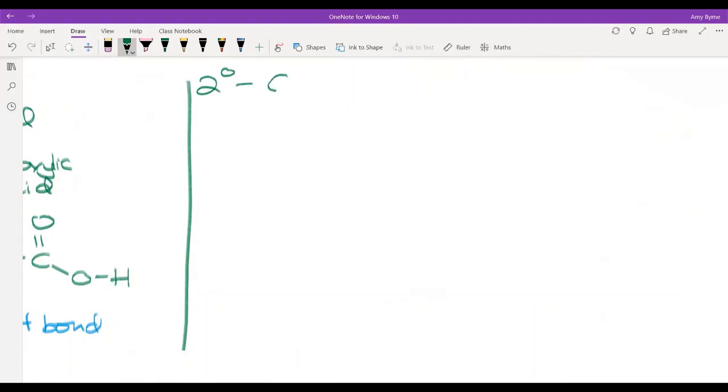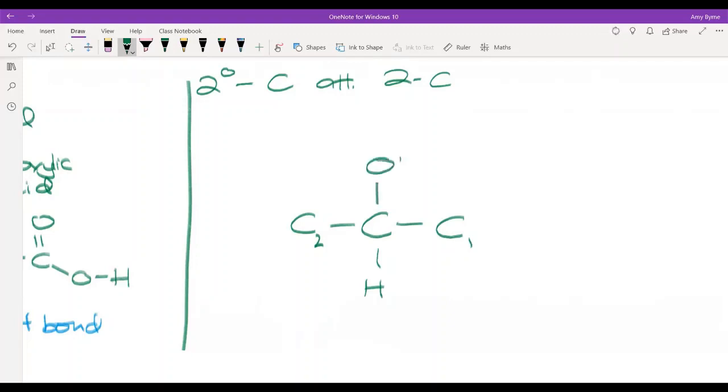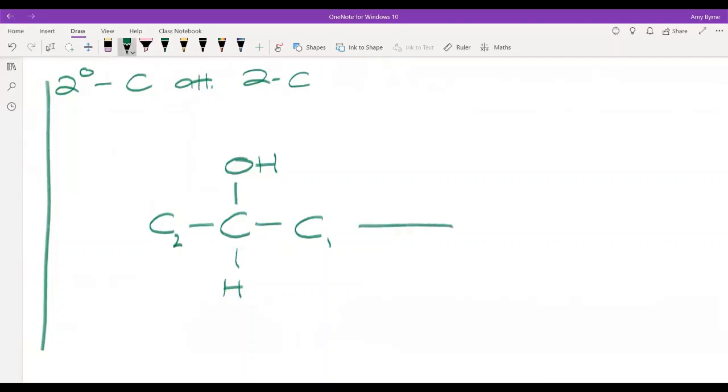So carbon attached to 2 carbons. So that's where I've got a carbon in the middle with carbons on either side and a hydrogen. So these are just 2 different carbon chains, and I've got my alcohol in the middle. Again, when I react that with an oxidant and I heat and reflux, I end up with